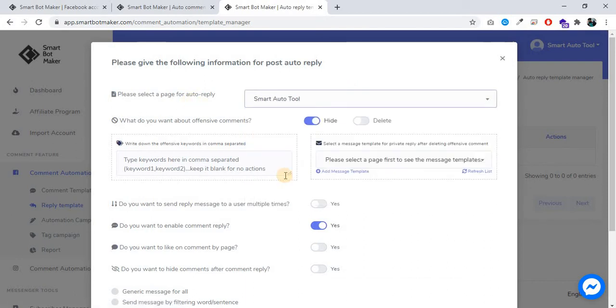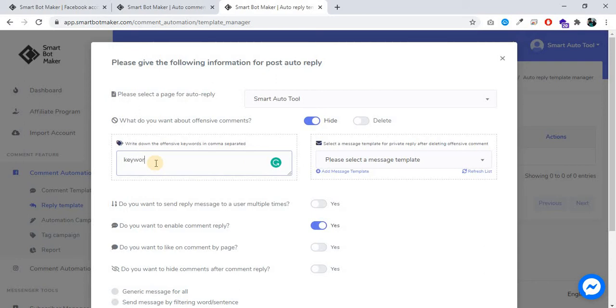Now select the page. What do you want to do about offensive comments? Hide, delete. You can give the keywords here, and if any user comments with this keyword, then a private message is sent to that user.